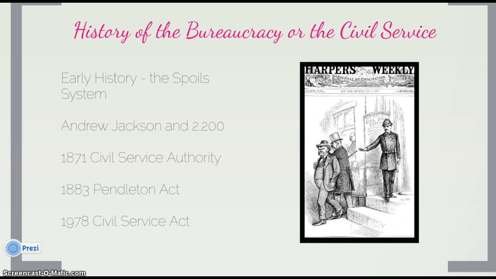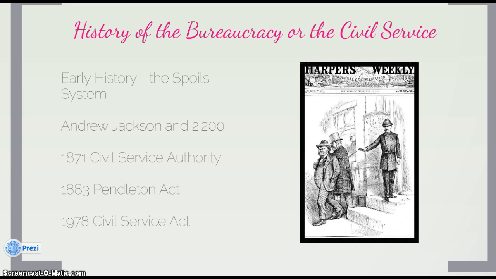It ended the spoils system and made the hiring and firing dependent on merit, not rewarding a person for their political loyalty. And you can see in this political cartoon to your right, two gentlemen applying to some position in the federal bureaucracy are being shown the door by the gendarme, or the policeman there, who's saying, look, you're not welcome here, or they didn't pass the exam.